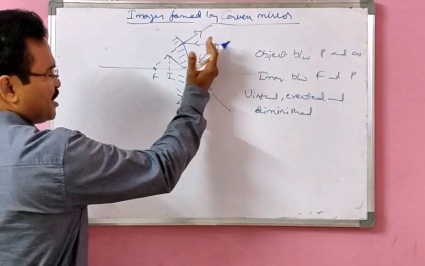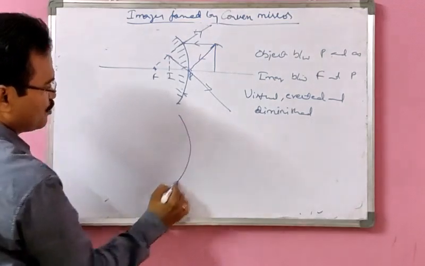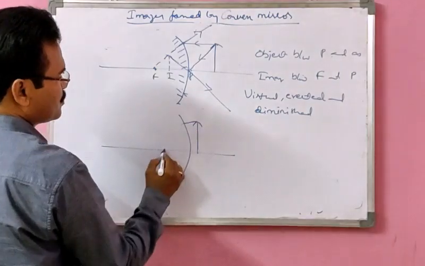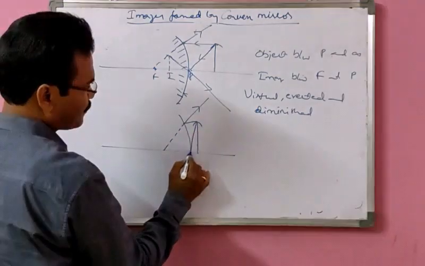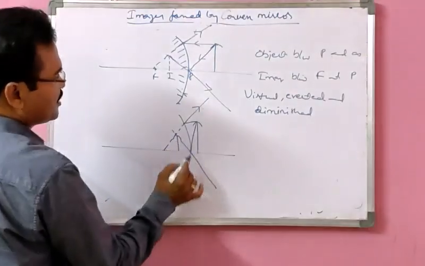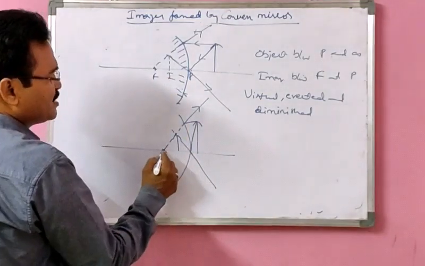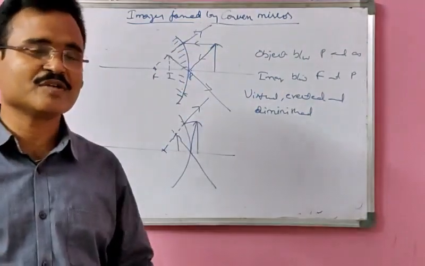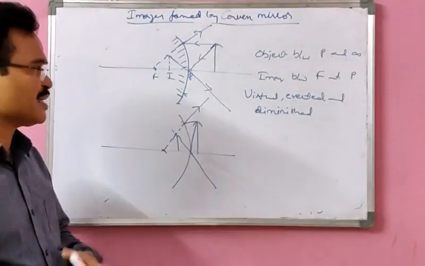So remember, as the object comes closer, this image is going to increase. That means if, for example, I take it further close, what happens here? So this is a focus, and you can see the image size increases. That means as the object comes closer, the image size increases. But here, minimum size is point size, maximum size is that of the object, but not greater than that. So it cannot give a magnified image. Image size will always be less than or equal to object size. That is the final one.